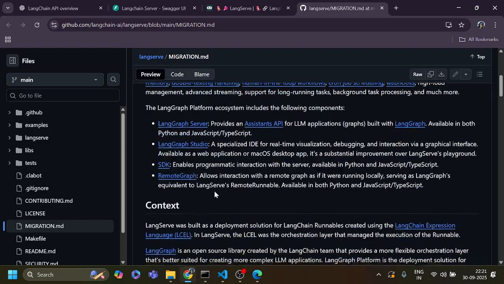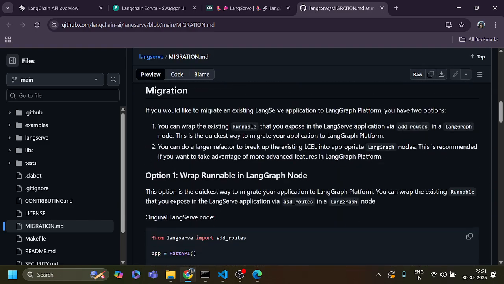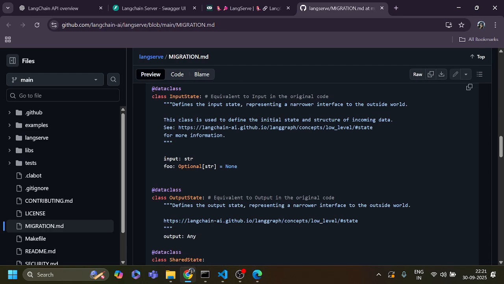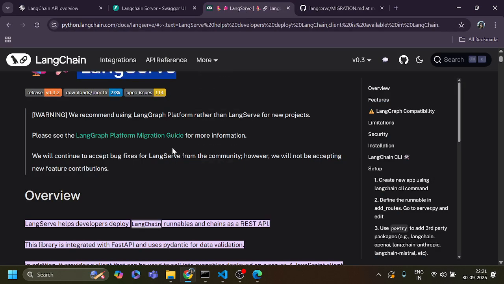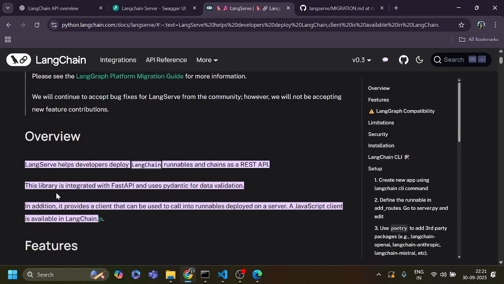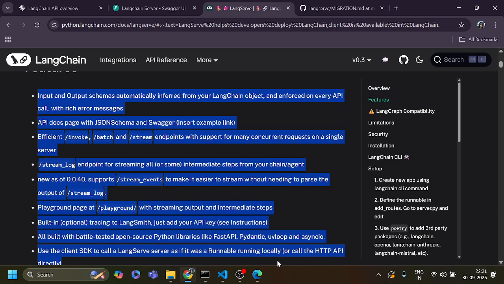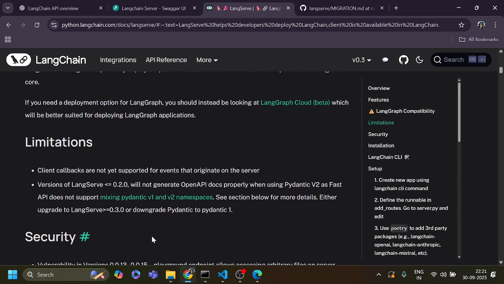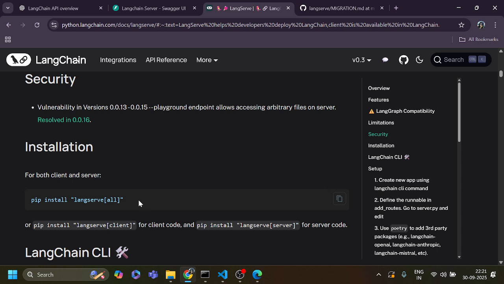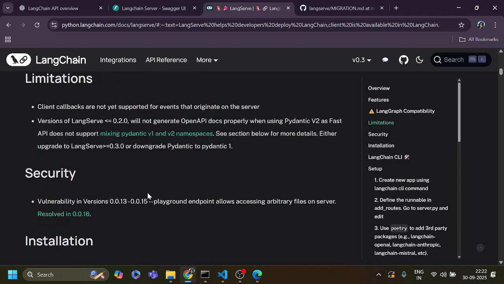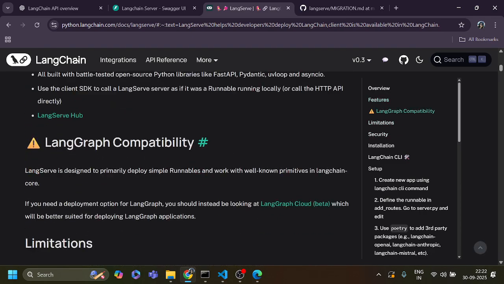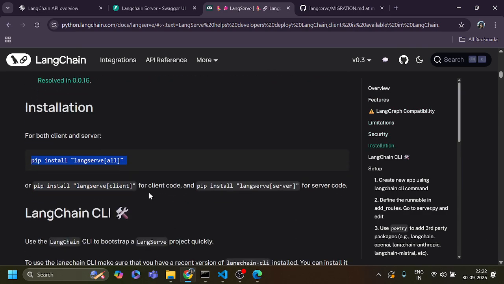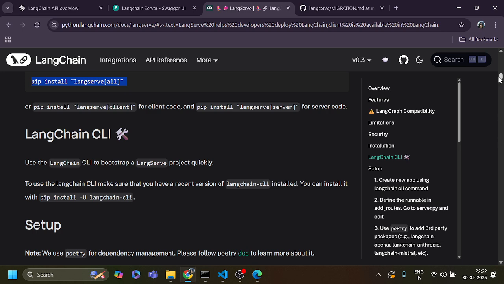This is the GitHub code for LangGraph. Here you can see the features of LangGraph: compatibility, limitations, security, and installation. How will you install it? You can use the command pip install langserve. This is for LangServe, not for LangGraph. For LangGraph you need to run pip install langgraph, and after that